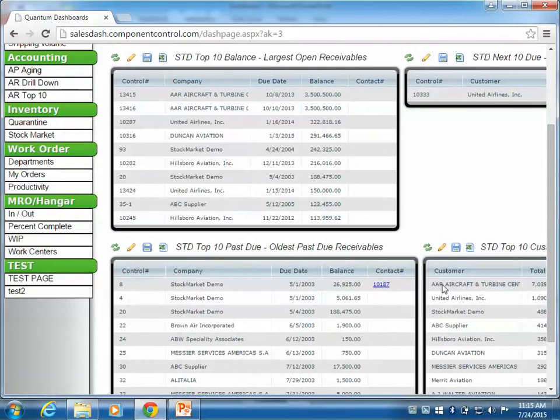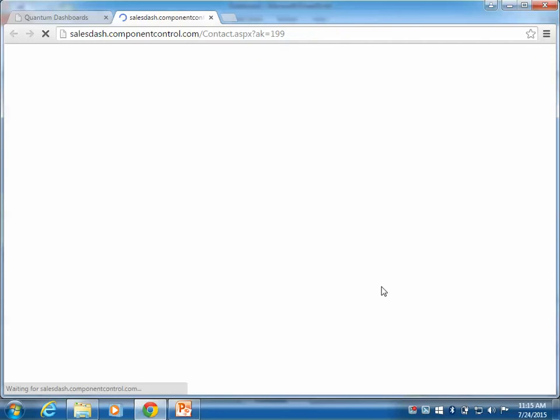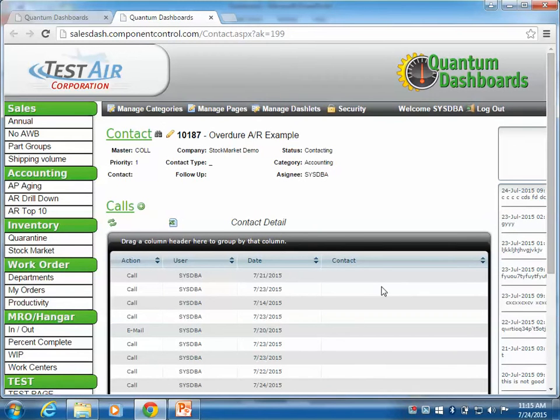Right on this graph down here, you have a contact. So now we know there's a contact attached to this AR, past due AR. So this is basically your contact. It's not much different than you see in Quantum. All the data is just the way you would see it in Quantum, except now you're not in Quantum. You're on a web 5,000 miles away. You log in. You can edit your header here